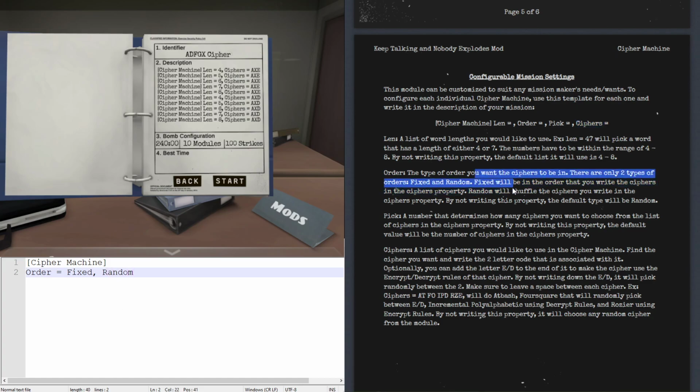Fixed will be in the order that you write the ciphers in the ciphers property, which we'll get to next. Random will shuffle the ciphers you write in the ciphers property. By not writing this property, the default type will be random. So if I want it fixed, such as if I want to recreate something like the shape ciphers,